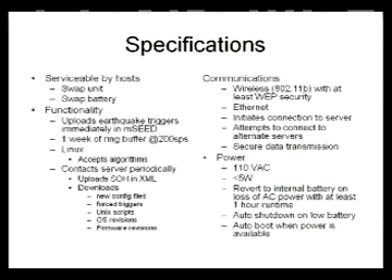It uses wireless, but it has the capability for wired Ethernet. And this is going to be in somebody's house, maybe in your house, so we can't talk to it because it's behind a firewall. So what it does is it initiates the connection to the server, and it also knows about alternate servers. So if one of them is down, it will go find another one. It has a password in it, so it's secure data.